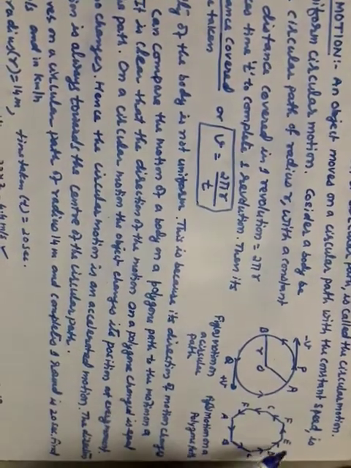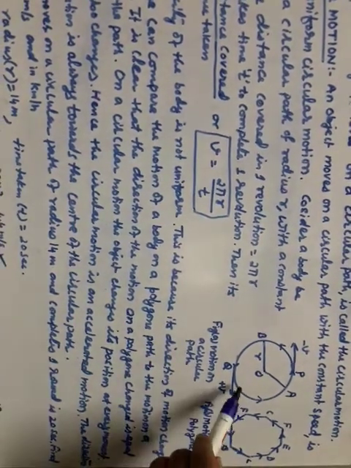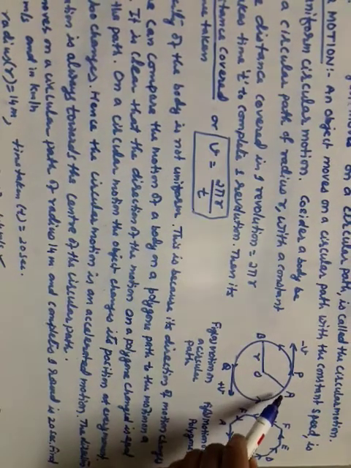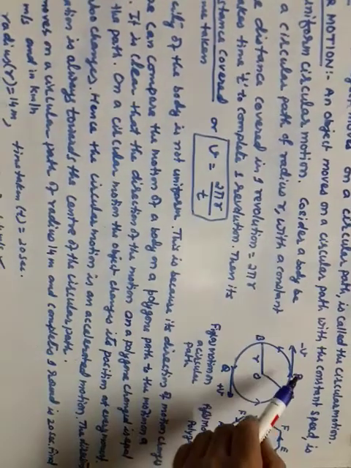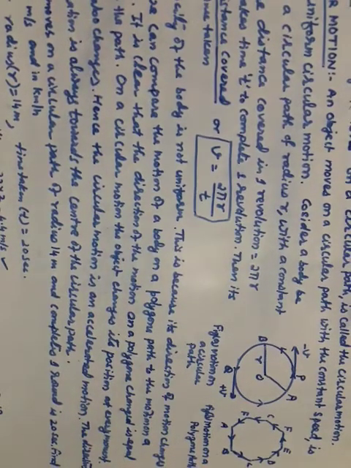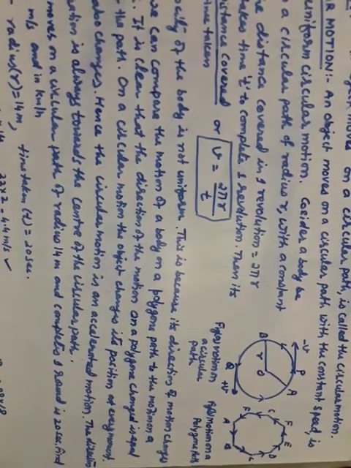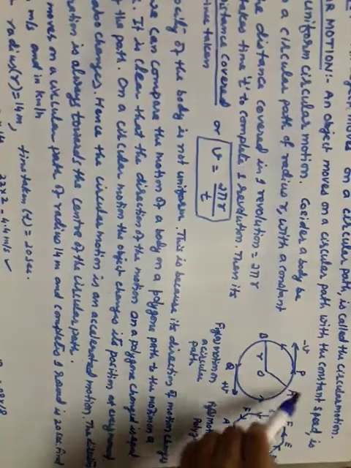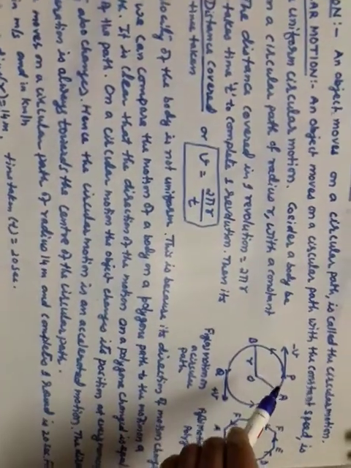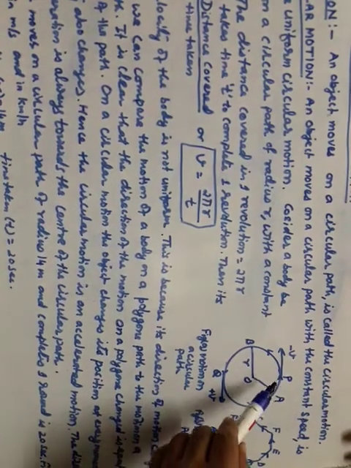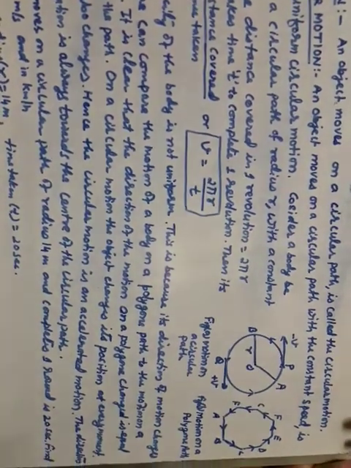Now compare this motion with the body on a circular path. On a circular path, the body continuously changes its direction, and therefore, due to the change in direction, its velocity is not constant. Velocity is not uniform. It also changes regularly. Therefore, the motion of the body on a circular path shows that its velocity changes regularly. Now we consider 2 points P and Q to show the motion of the body.